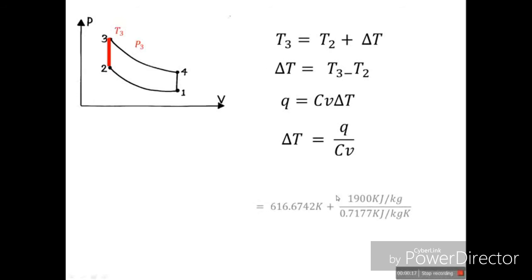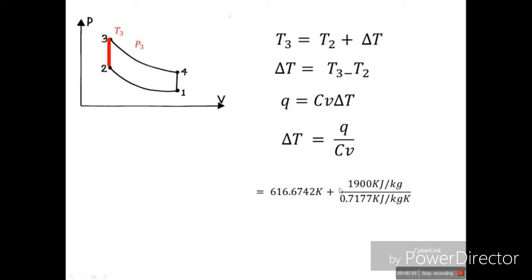T3 is equal to 616.6742 Kelvin plus 1900 kJ per kilogram over 0.7177 kJ per kilogram Kelvin. Therefore, our T3 is equal to 3264.0199 Kelvin. Since we already have the T2, P2, and T3, we can now solve for P3 in the equation